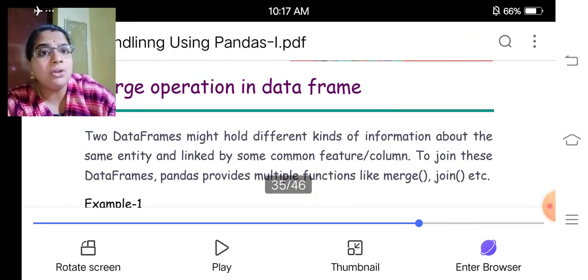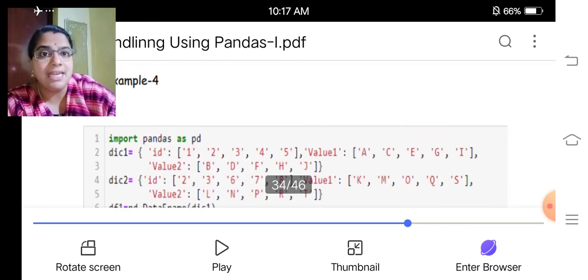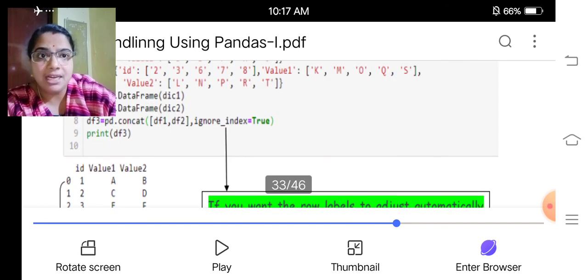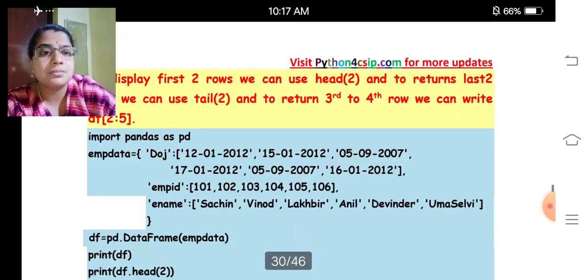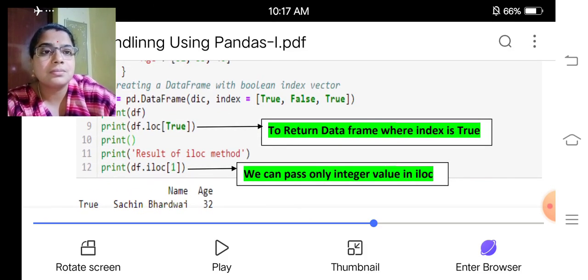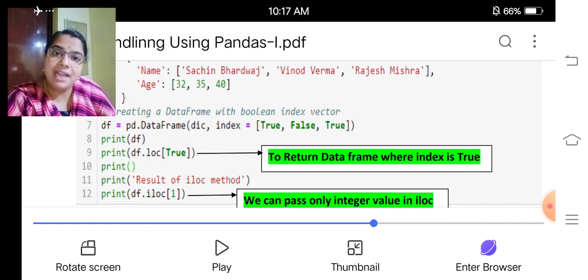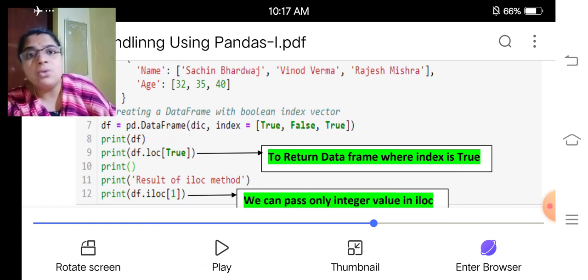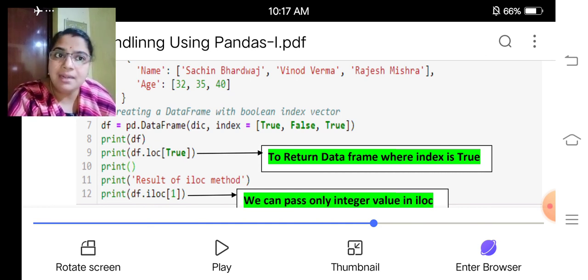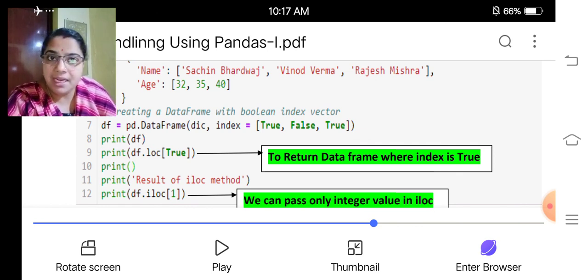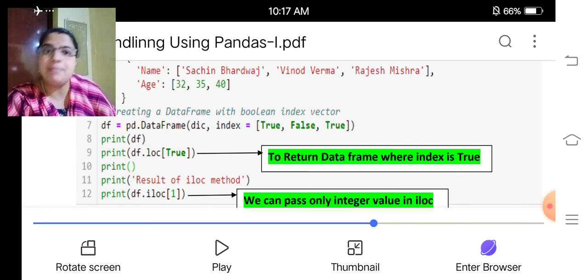It is very similar to Boolean indexing, that is Boolean values. Instead of the default index, we had given index equals True, False, True. So for the first key, it will select the index as True. For the second key, it will select the index as False. And the third one, it will select the index as True. I hope you are all clear about how to give Boolean indexing in a data frame. Thank you.